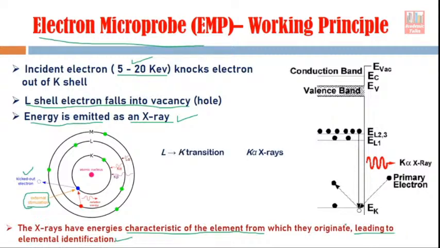Now another important thing which you should understand here is that in this particular case we have considered that the transition has taken place from L shell to K shell, but it is not always the same case. Depending on the element and depending on the distribution of electrons in the various orbits of that element, many kinds of transitions are possible. For example, if the transition is from L to K shell, which is the case in the example which we have discussed just before, that transition generates X-rays, and those X-rays are named as K alpha X-rays.